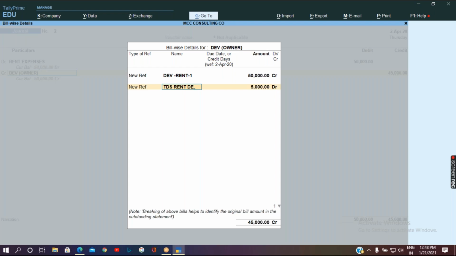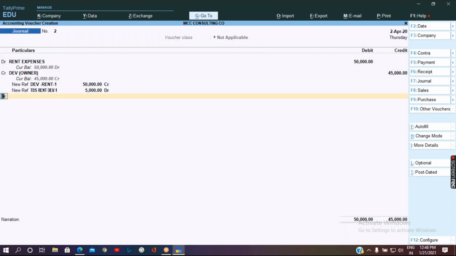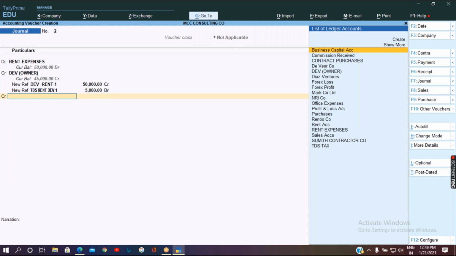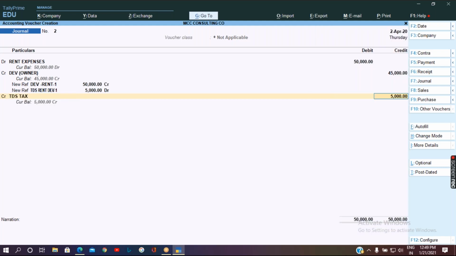You can give any name for your reference. End of list. Now the total amount becomes 45,000. The remaining 5,000 is considered as the TDS tax amount. So this is how the transaction should be: debit the expenses, credit the party, and after deduction of the TDS, the remaining amount is transferred to the TDS tax ledger.